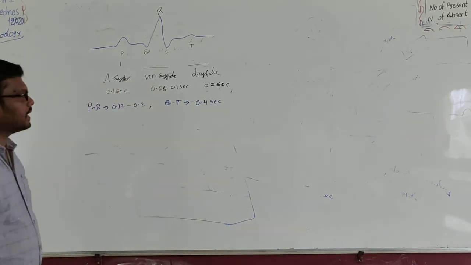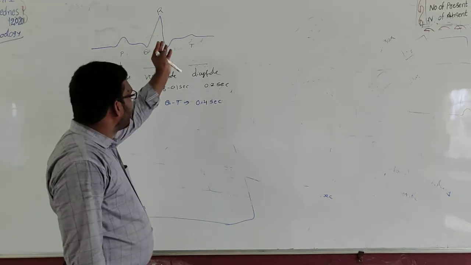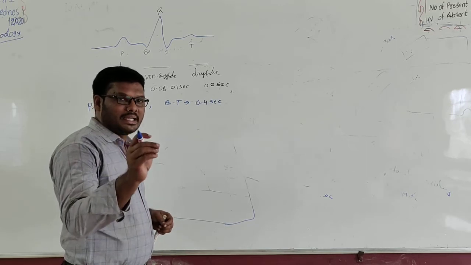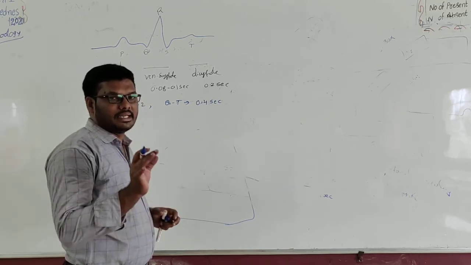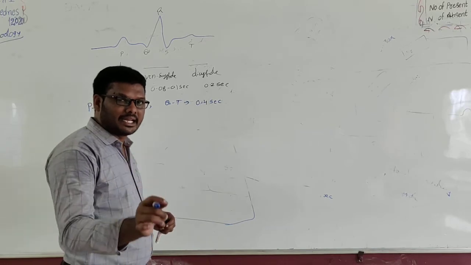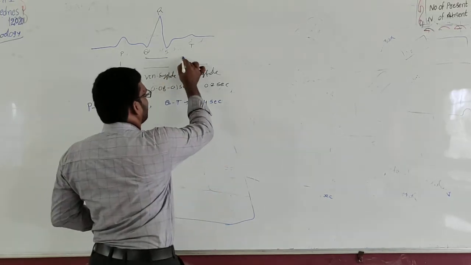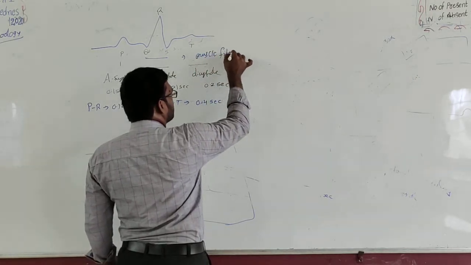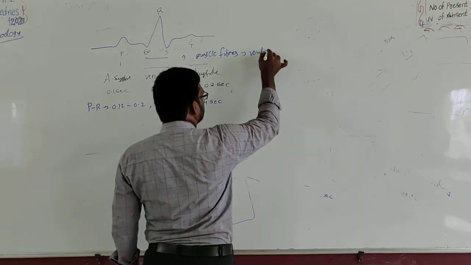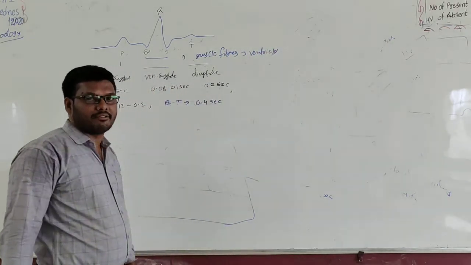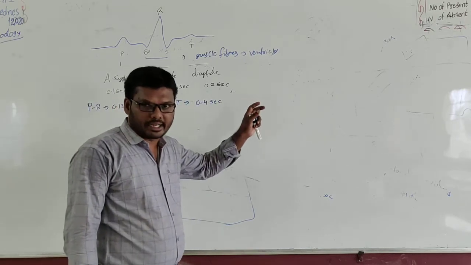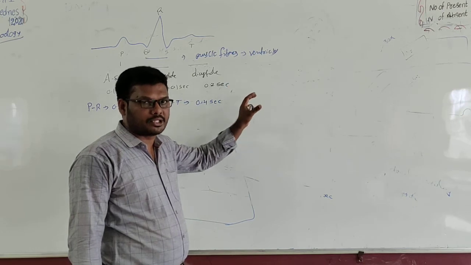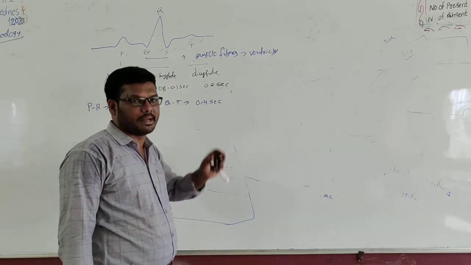Now to come to the point, I already said this QRS complex indicates the condition of the muscle fibers in the ventricles. What is the condition of this QRS complex? The condition of the muscle fibers in ventricles. Based upon the presence of the muscle fibers in ventricles, we can easily explain whether the heart is good or not, and whether the impulse formation takes place properly or not.